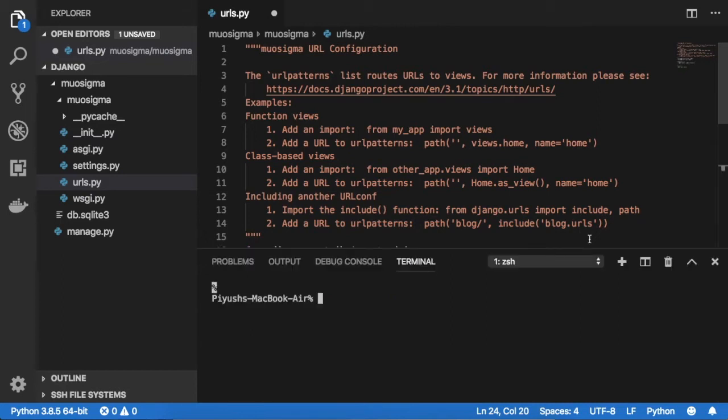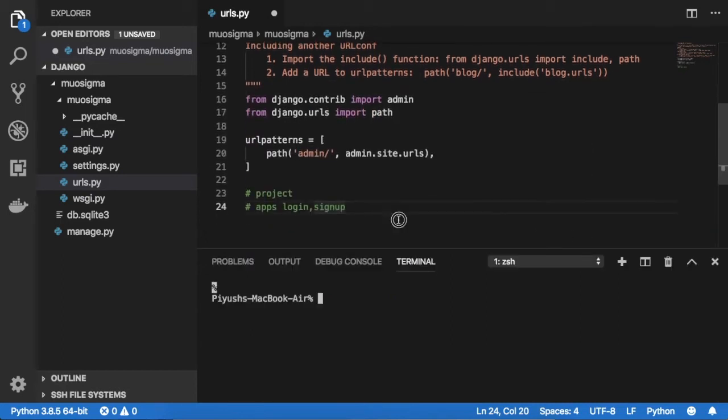Before discussing apps and projects in depth, I just wanted to show you how to run our application. If you know, it is okay. If you don't know, please remember this.